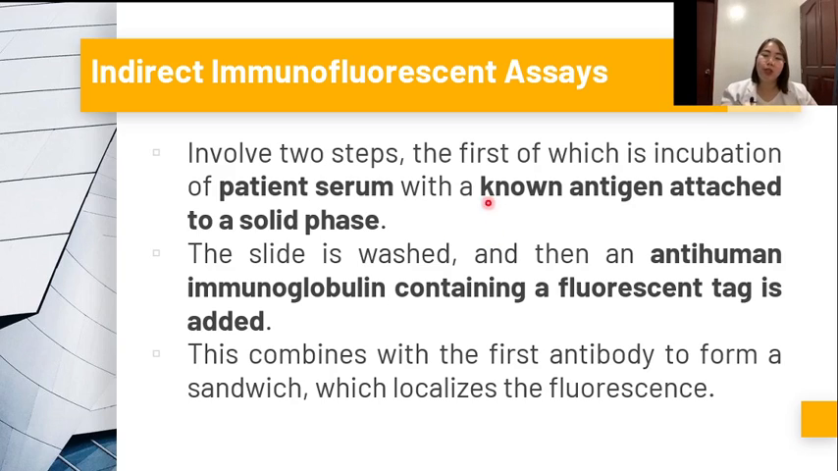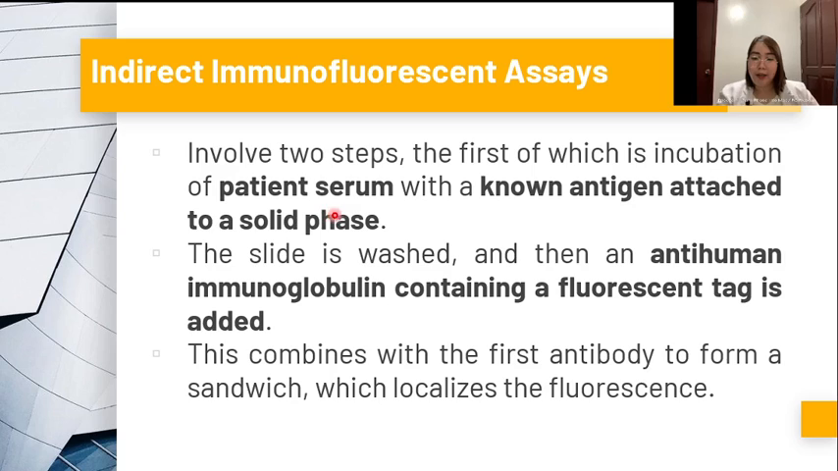So, the first of which is incubation of your patient serum wherein you are detecting patient antibody. And what is on the slide, or your solid phase medium, is a known antigen. Earlier, for direct, what you put on the slide is patient antigen, and you add a fluorescent-tagged antibody, and then read directly. For indirect, you put a known antigen on the slide, and then you will add or incubate patient serum wherein it contains your patient antibody. Then it will be allowed to be,